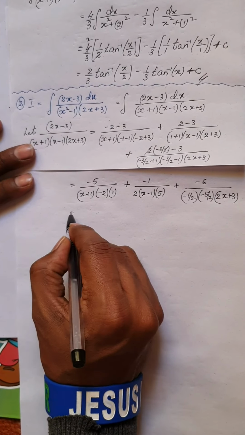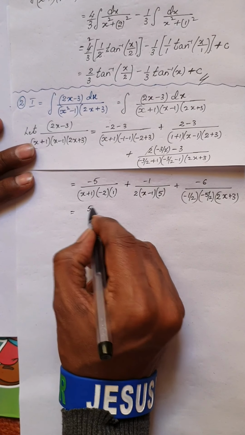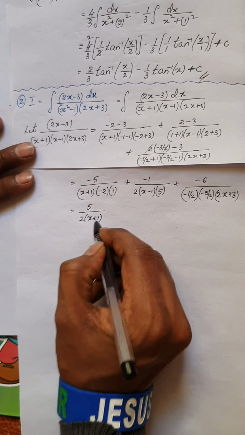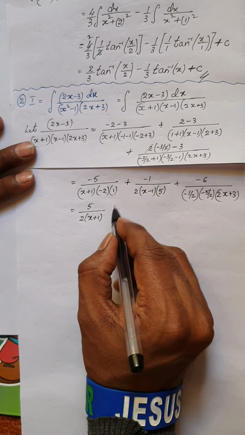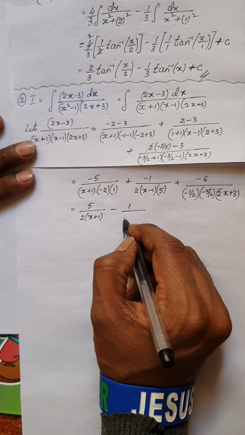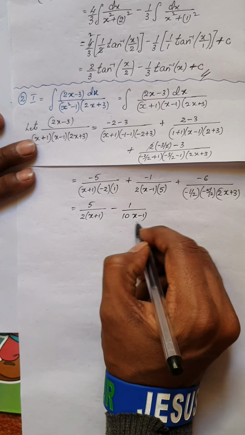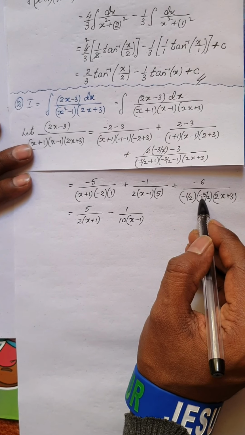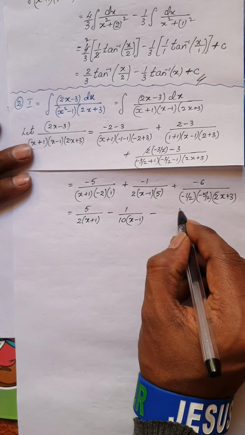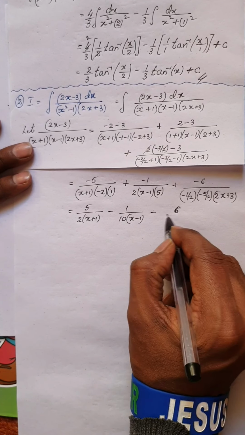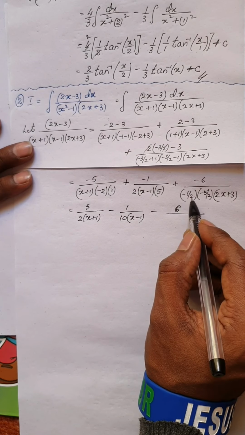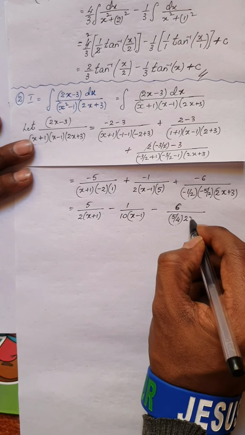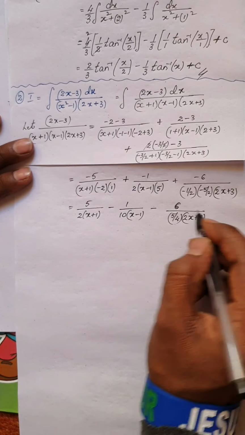Now, once I have written into this form, I am going to simplify this. This is nothing but, now minus and minus will get cancelled. I am going to write 5 divided by 2 into x plus 1. Okay, again now plus into minus will be minus 1 divided by 5 2s are 10 into x minus 1. Okay, next now I have minus into minus is plus, but again I have a minus here. This is minus 6 divided by, what is 1 by 2 into 5 by 2 will be 5 by 4, into 2x plus 3. Is it clear?